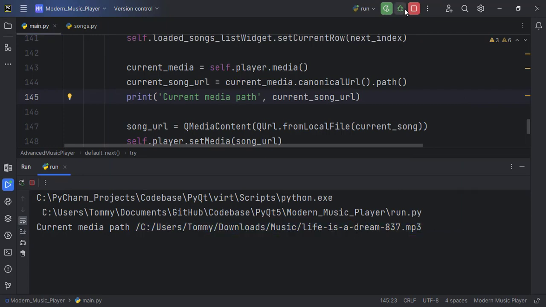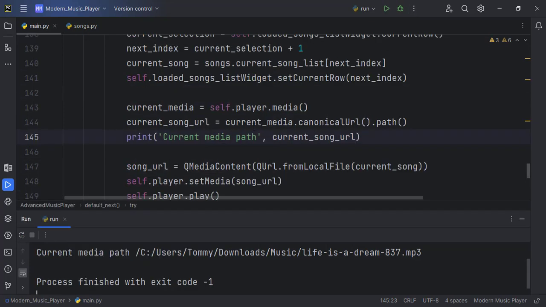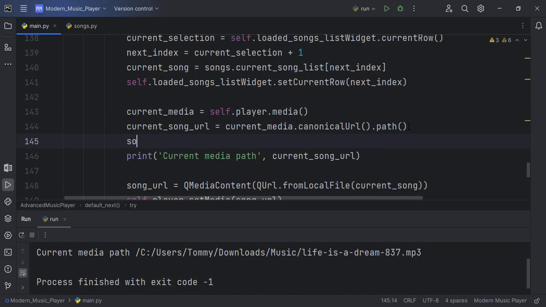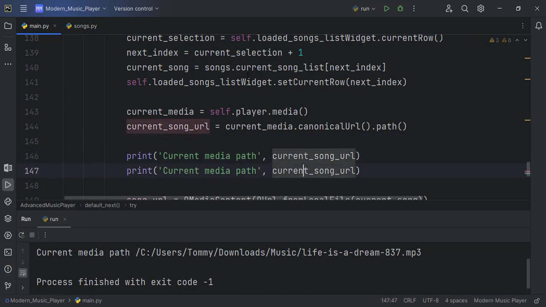But also let's print the path to the current song from the song list and see how that one also looks like, because we have to make an exact comparison. So you can say song from song list, which is also equal to, okay, no, we can just print that one straight, you don't need to declare another variable for that. So current media path,